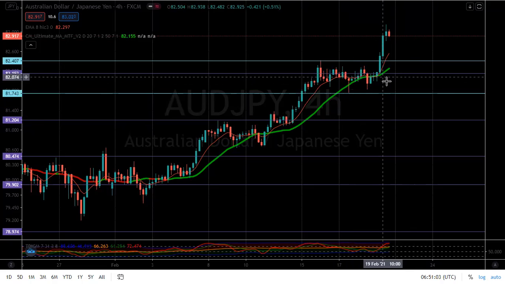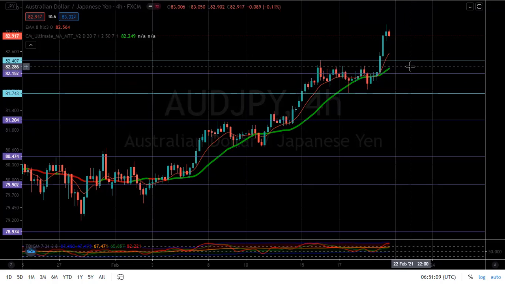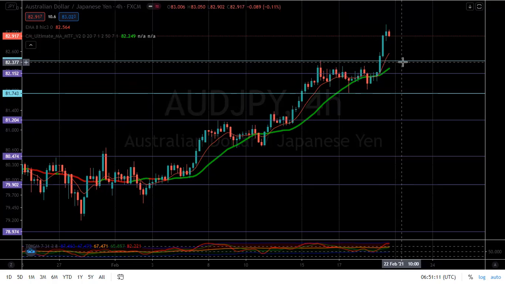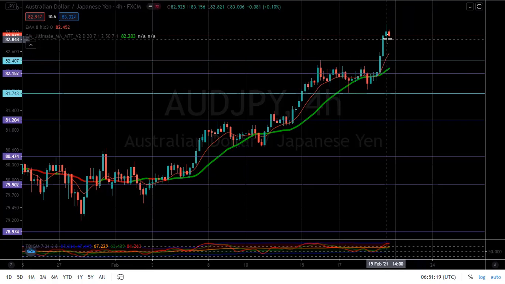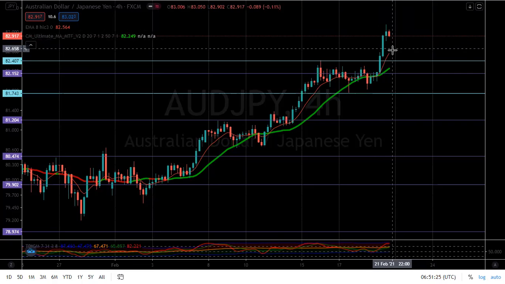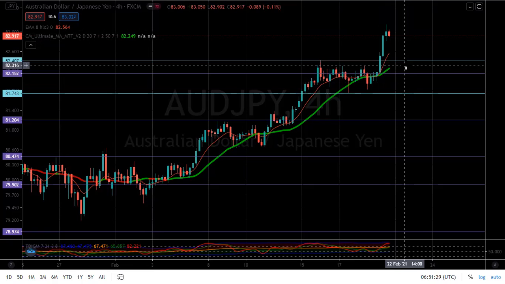But if we have that retracement around here, within this zone, when we get to the 82.40 area, if we get the retracement between the 82.40 area and the 81.74 area, we'll be looking forward to retest the highs at the 83.15 area. So any reversals around here will be going bullish, but we're still bullish on this pair,